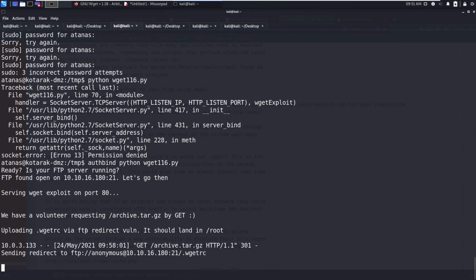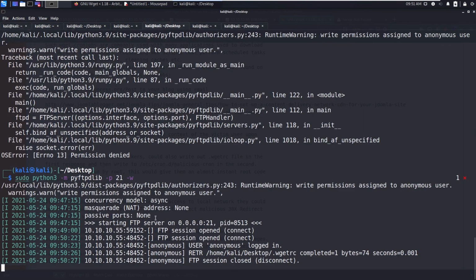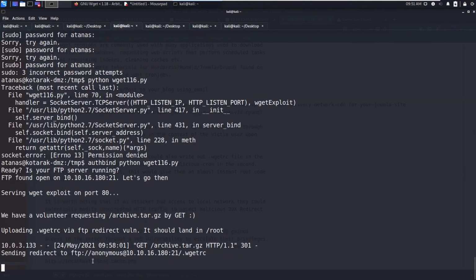So there is a cron job running. If there is a successful wget-rc, again it will ask after another 2 minutes, and now it is a post request.